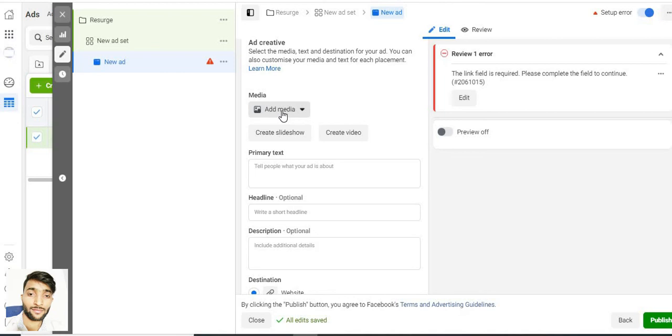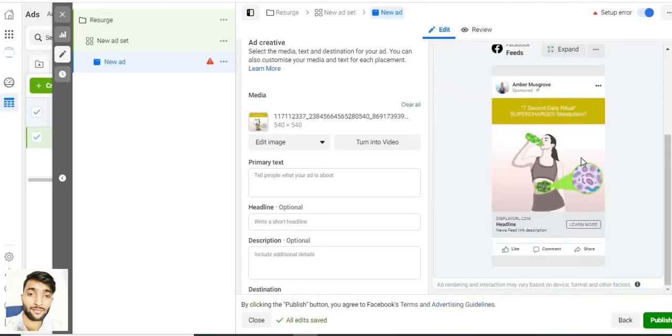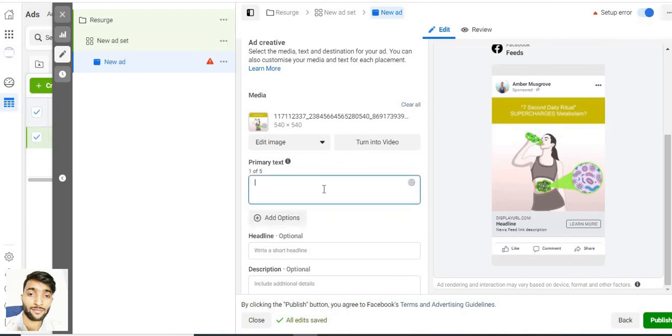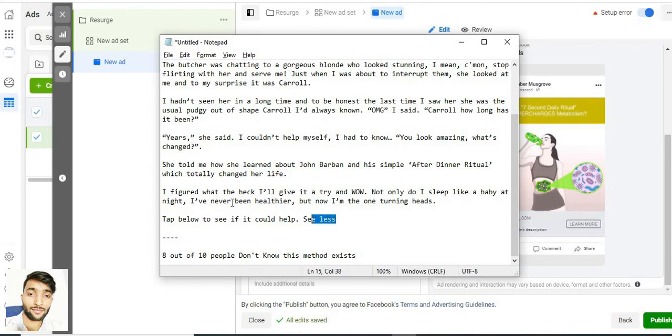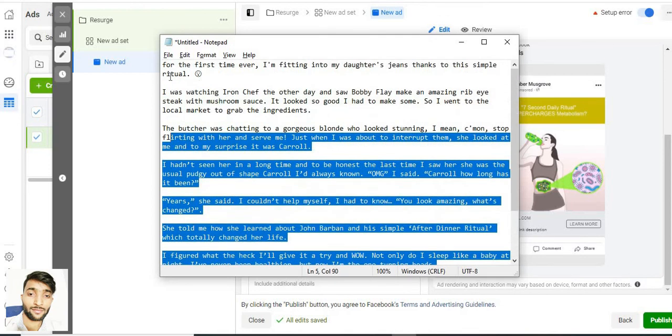for our ad. So I'm gonna click on add image. Okay guys, now I have selected an image that I wanna use for this research campaign. Now what we need to do, we need to put a text here in this box. Text basically means you have to say something about your product, about your ad, so that your audience engage with your ad. I have already written a text here, so I'm gonna just copy from here.